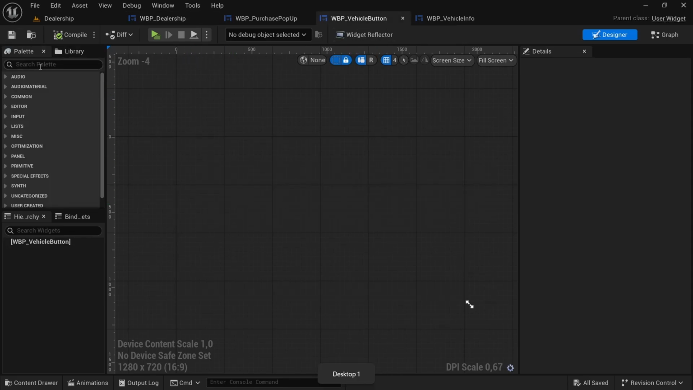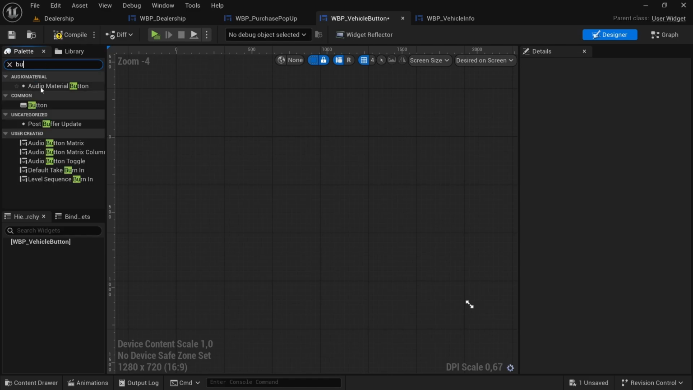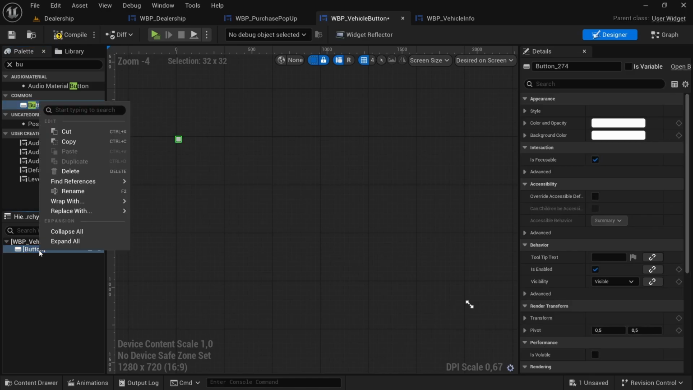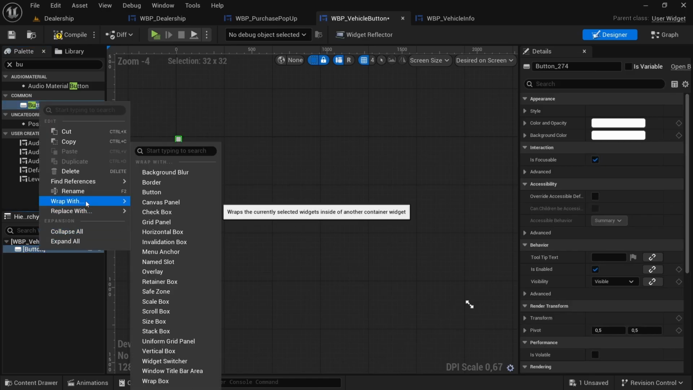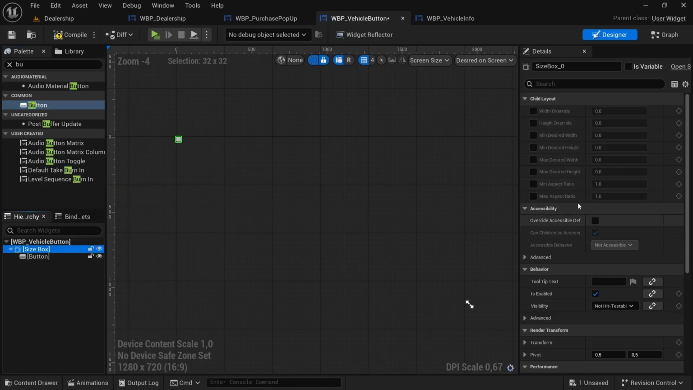And then in here what we're going to do is set the full screen to desired on screen, and then we're going to select a button, drop that on the WBP vehicle because we don't need a canvas for this. And then actually we need to wrap this in a size box as well, and then the size box override width, override height, and then the width is 28, the height is 162,